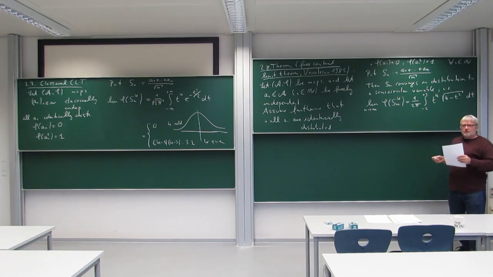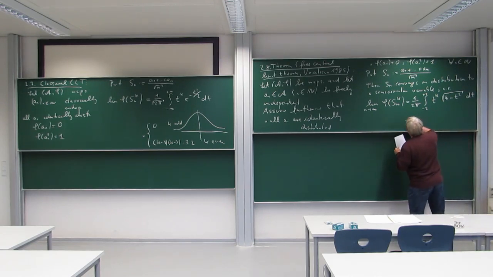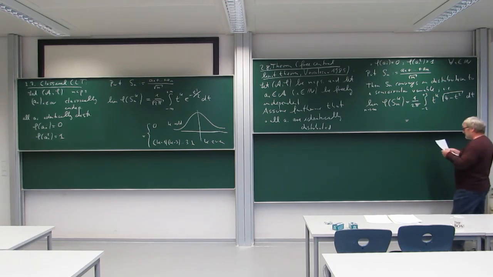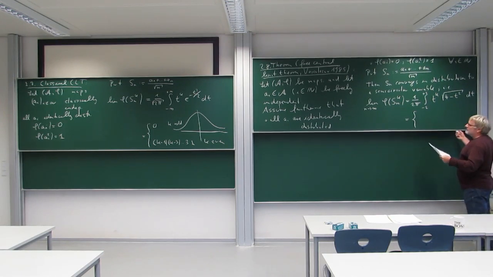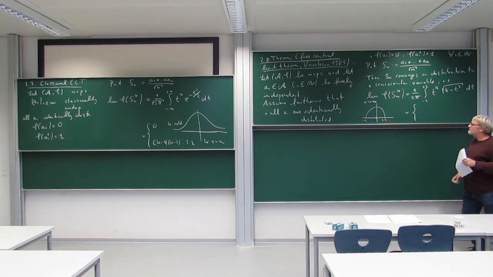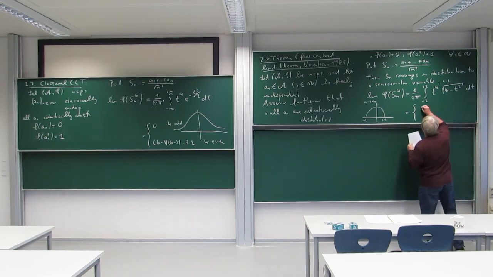So again, I can just do the calculation. And in this case, you will be asked in the assignment to do the calculation, because that's something which you should not only do in theory, but also in practice, at least once in your life. So how does this density look? It looks like a semicircle, going from -2 to +2. And of course, it is an even distribution, so the odd moments